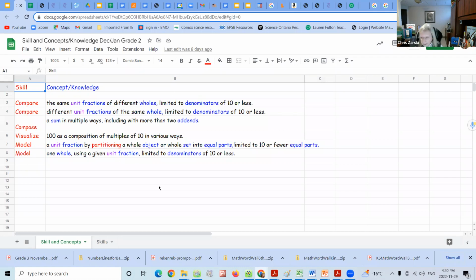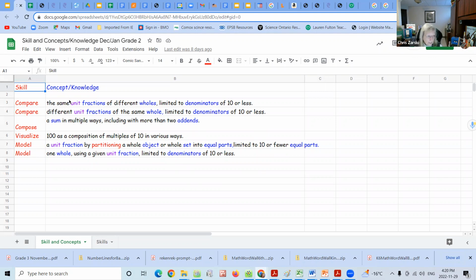Last session that we met together, I had you go through and find the concepts in each of our statements. In this case, I've already highlighted them for you in blue. And do I see kind of the pattern we talked about before where I see the same concept coming up over and over? And yes, I do. So whether I'm visualizing, modeling, or comparing, I'm still working with the same concept from multiple perspectives is really what it's coming down to.